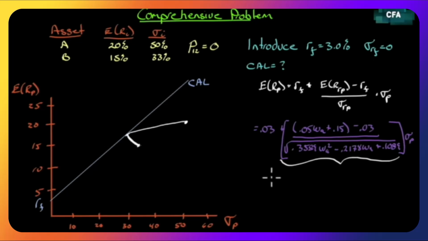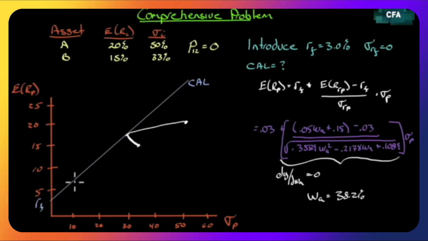Well, we can let y, which is the slope, equal this term. Find the first derivative of that term with respect to WA. So we're going to find dy with respect to WA and set it equal to 0. All you're doing is taking a first derivative, simplifying it and setting it equal to 0, and you will get WA equal to 38.2%.